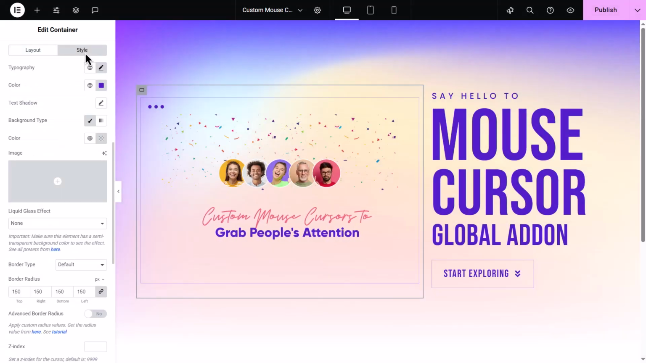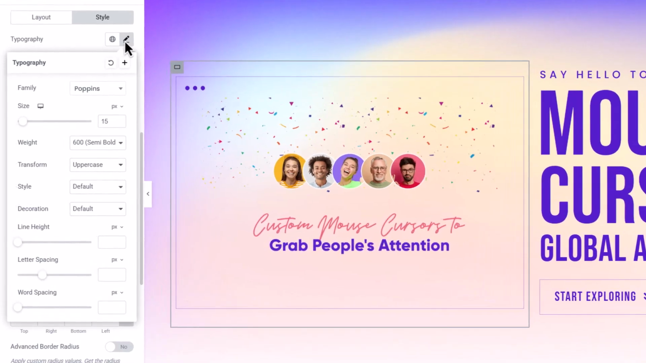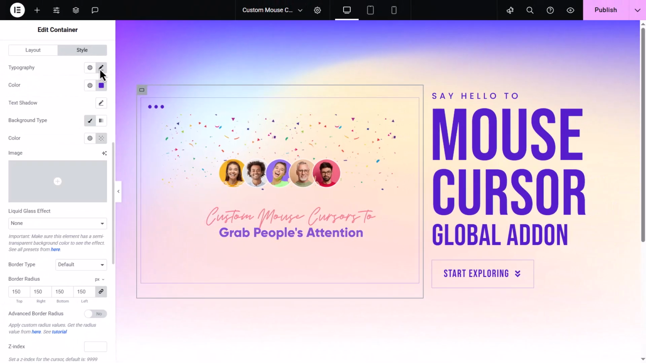In the Style tab, you can adjust typography. This is especially useful when you're using the Follow Text cursor, since it lets you set the font, size, and weight. You can also change the color of the text and add a text shadow if you'd like it to